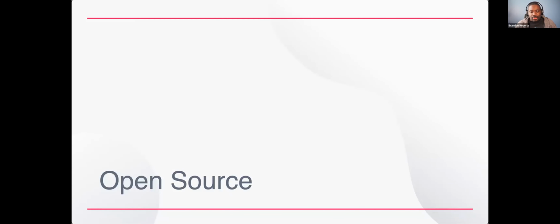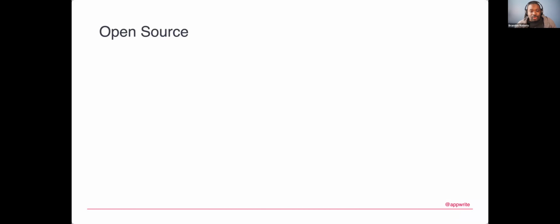So now let's look at this from an open source angle, because of course, if you're here, I'm going to surmise that you are familiar with open source or looking to get into open source and learn more about that. So we'll talk about what it means to use an open source database and open source stack, and talk about the pros and even some of the cons of this approach also.